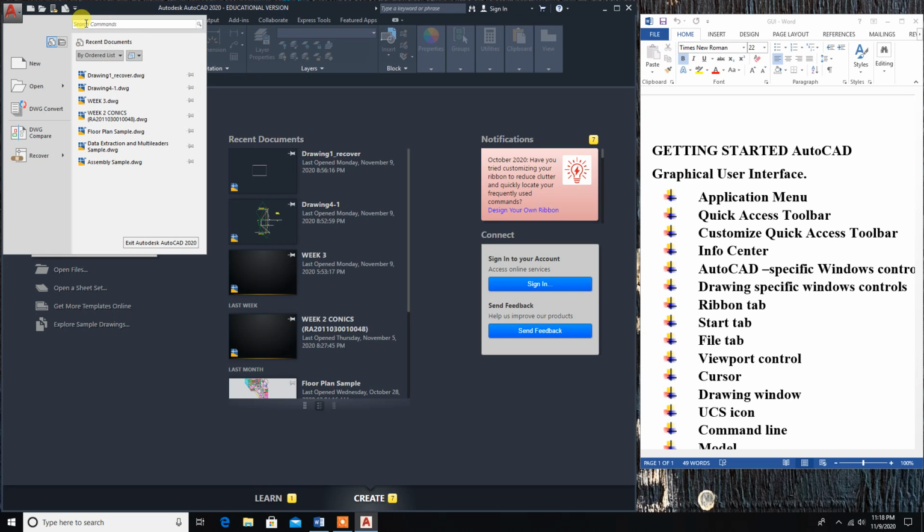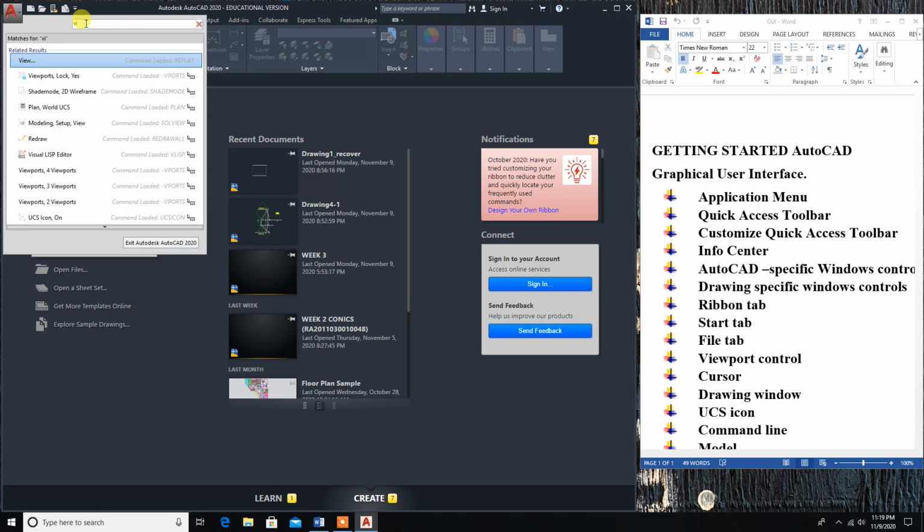Search command. Suppose in today's class, a lot of people were not able to find view edit. So you can type whatever command you want. If you are unable to find it in the ribbon, you can type it in the search.